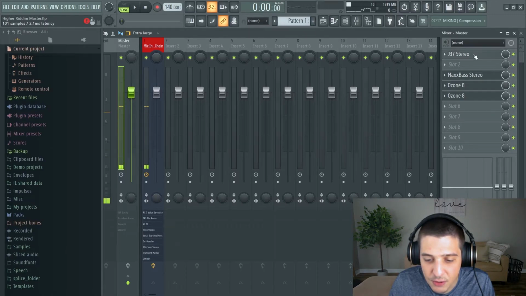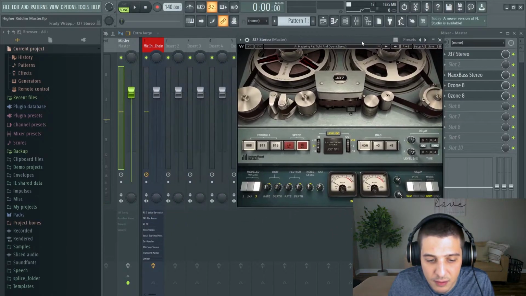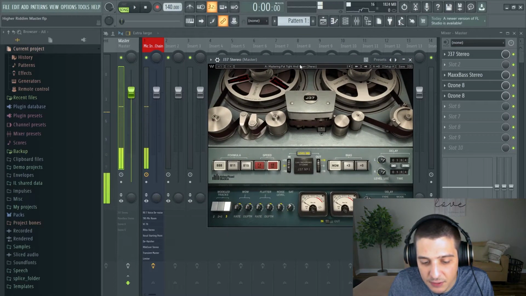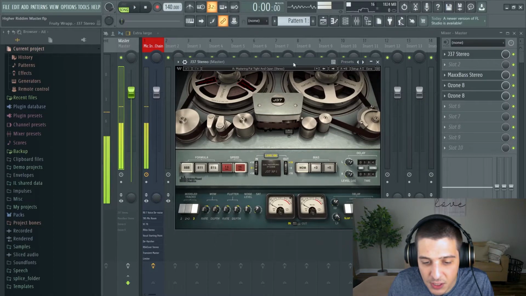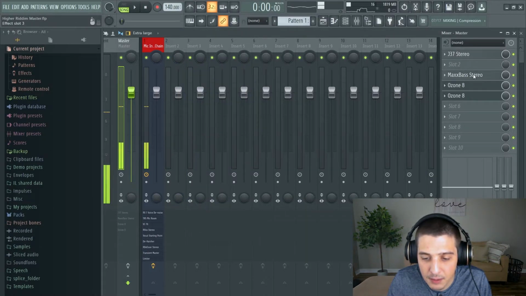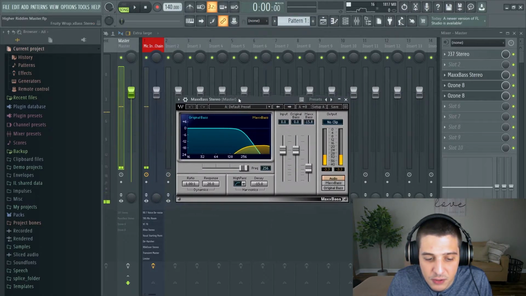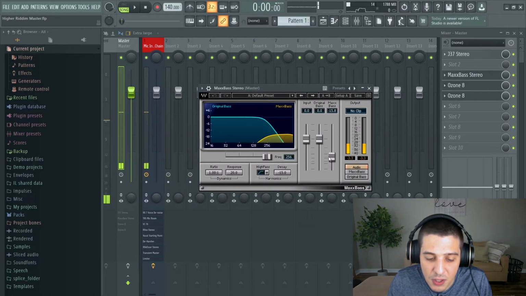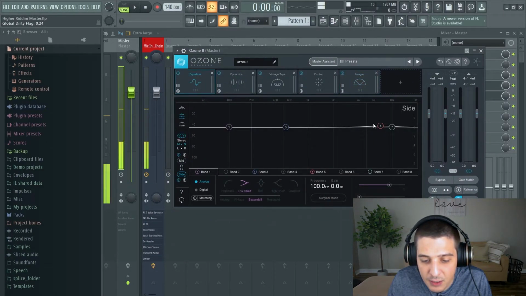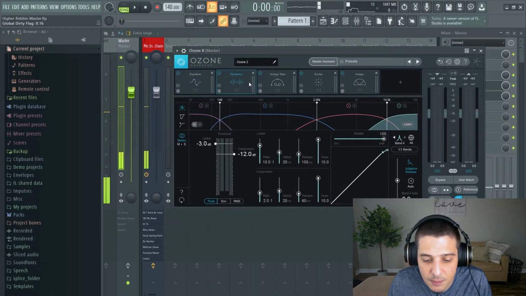And in our master, we've got our tape saturator here, okay? And I've got a master preset running through this, and I'll turn these on one at a time so you can hear them, okay? We've got our max bass, which introduces higher low end, basically. And then I've got an equalizer where I just bumped up a little bit over here because I felt like I needed a little more shine. It's just a tiny amount of processing I added.